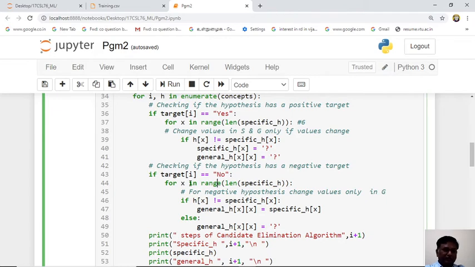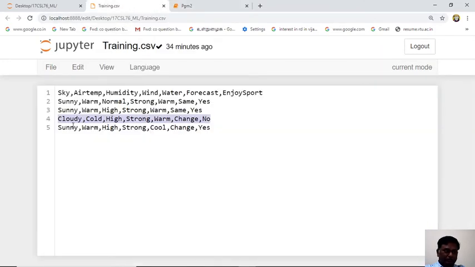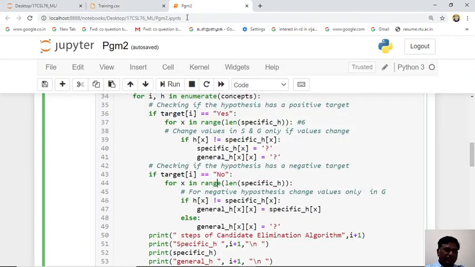Now you see, we will directly go to the third value, that is this value. Third day it is cloudy. So can you generalize this? When can you enjoy the sport? Cloudy means you are not enjoying. When can you enjoy? Instead of cloudy, you have seen in the first 2 days specifically, if it is sunny you can enjoy, right? So sunny should be assigned to this value, cloudy. Instead of cloudy, you assign sunny. So that logic is here.